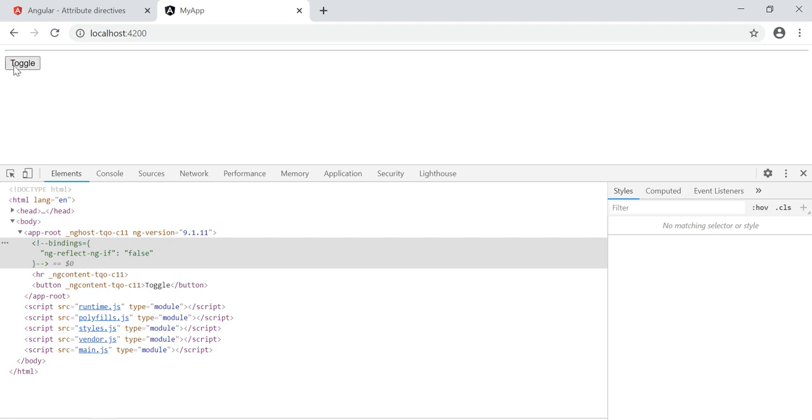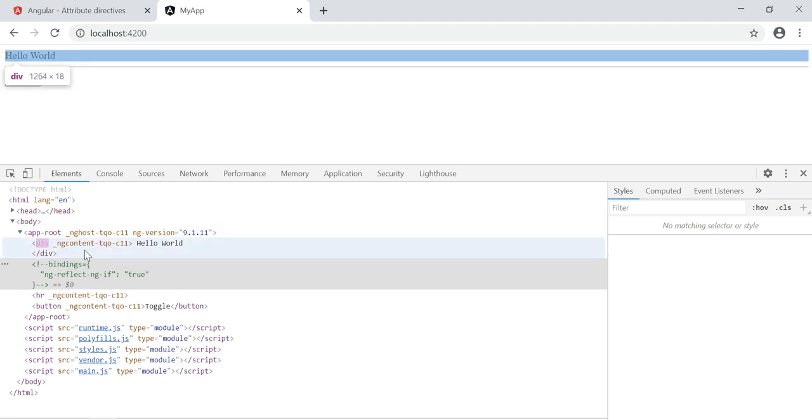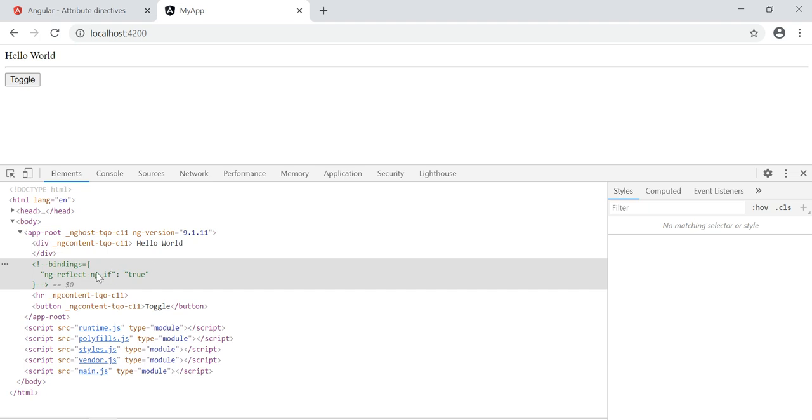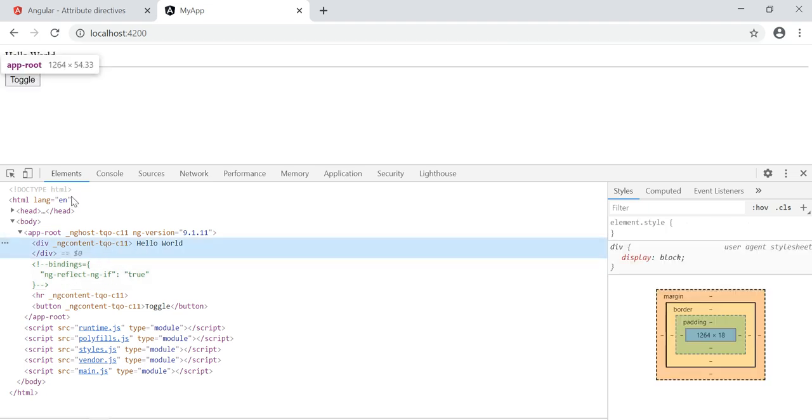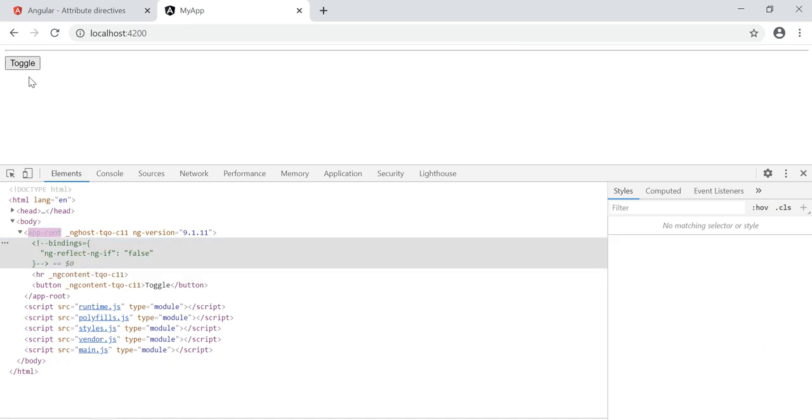And when the condition is true, it is added in the DOM. You can see this div is added in the DOM, and when you click on it, it is removed from the DOM, right? This is more beneficial for developers because all the divs which are as per your user requirements, you can remove from the DOM, which makes your DOM lighter to render, right?